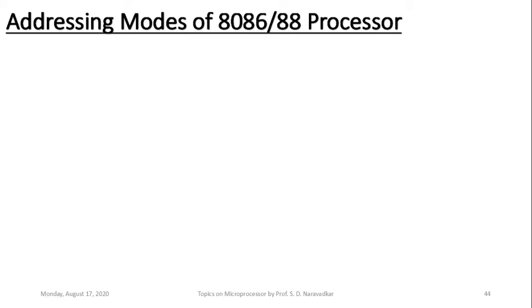Hello friends, in this video lecture we will see the various addressing modes of 8086 or 8088 processor. Now basically what I mean by addressing mode is given here. It is a method to refer data or operand within the instruction. It means that once we write certain assembly language instruction, within that instruction, that data or operand is specified by one method, and that particular method is called an addressing mode here.